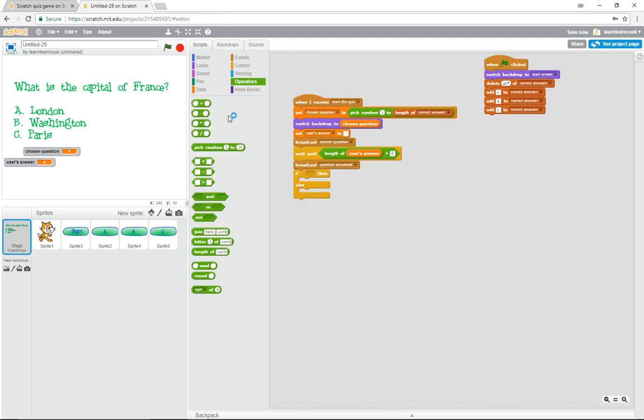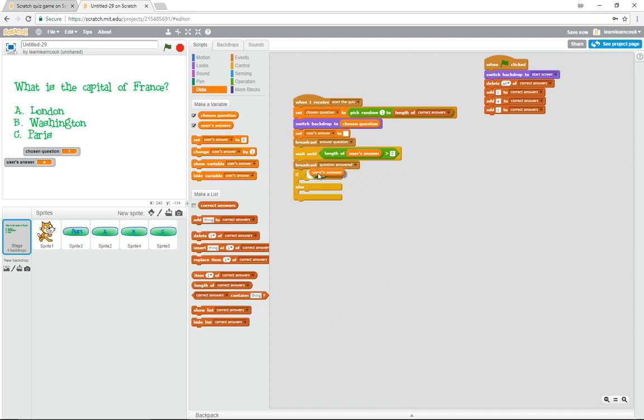If we just check to see if the user's answer is equal to whatever is at item 1 of the correct answers list. So, not item 1 of correct answers, but whatever the chosen question is. So if the user's answer is equal to item, whatever the chosen question is, of the correct answers,